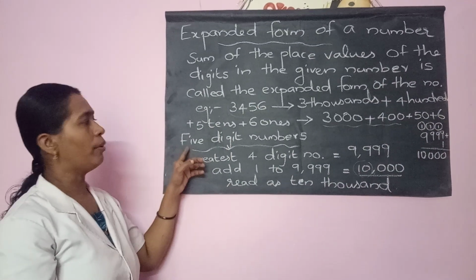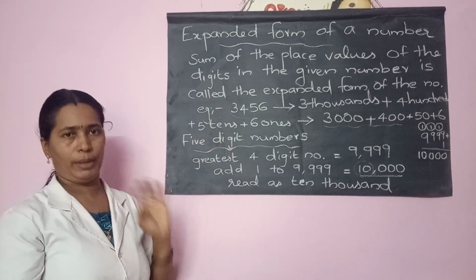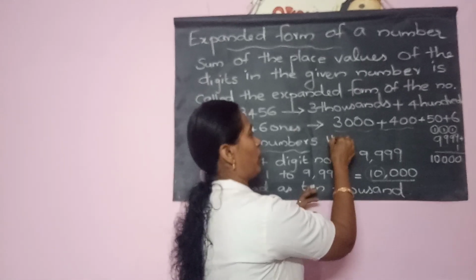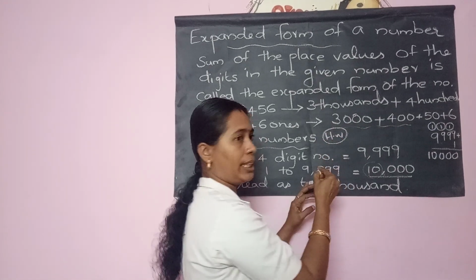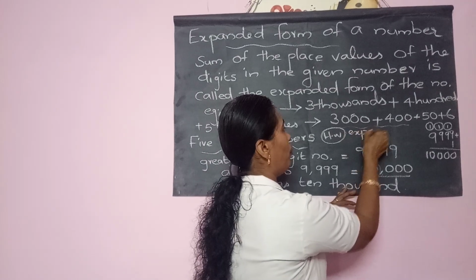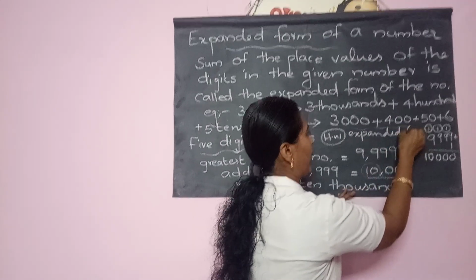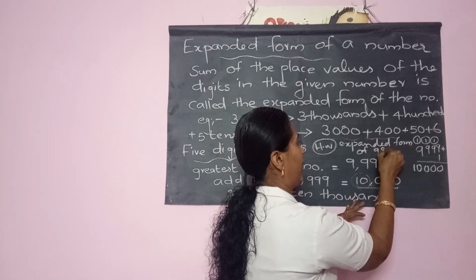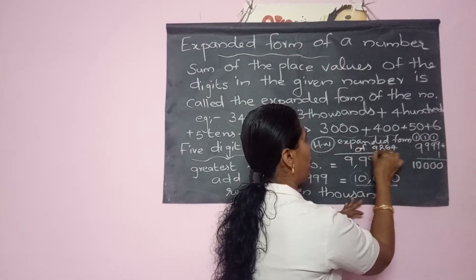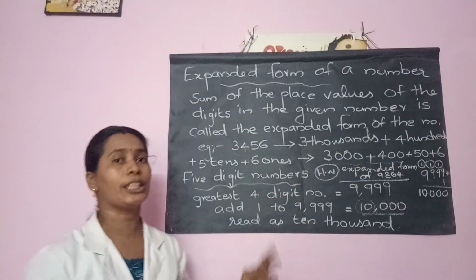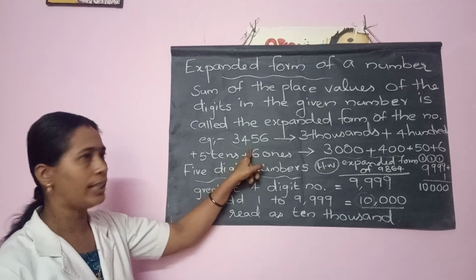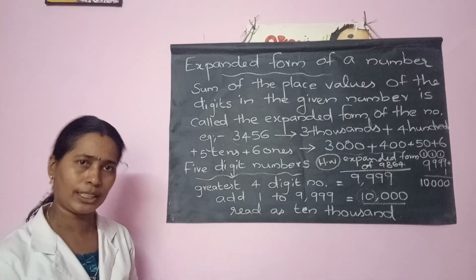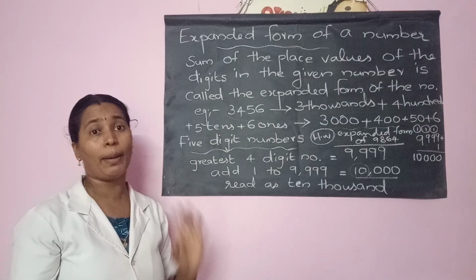Then you have to write the others, the 5-digit numbers. But before going to 5-digit numbers, there is a homework question for you. What is the expanded form of a 4-digit number, 9864? Expanded form of 9864 as a homework question. The teacher has done one. Then this one is homework: 9864.